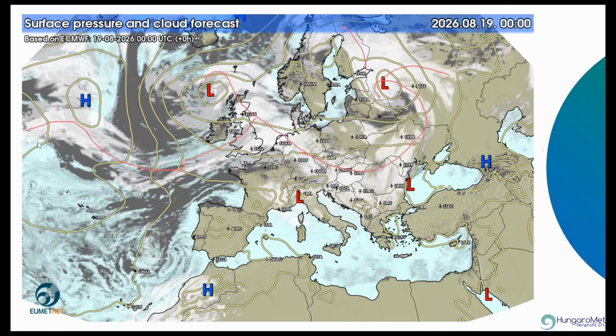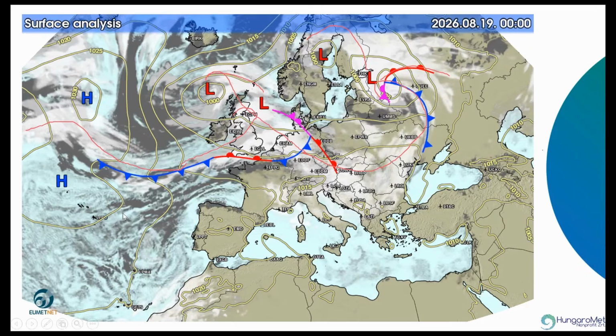Yes, I can see some frontal zones of the two low pressure centers over the north of Europe. One of them seems to have a wavy frontal system, which looks great. I will show you on the next slide what our forecasters have put on the map. So we have an occlusion here over